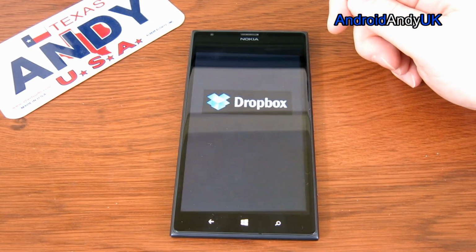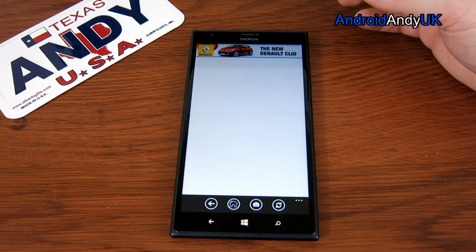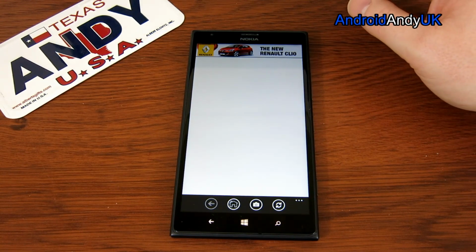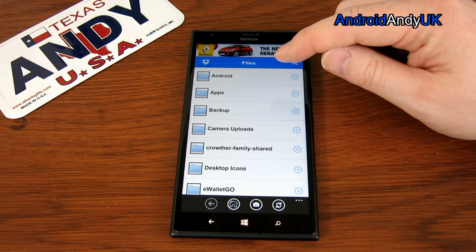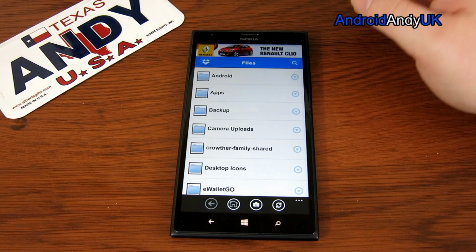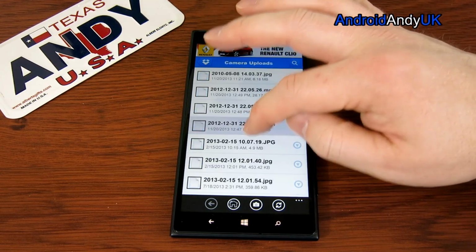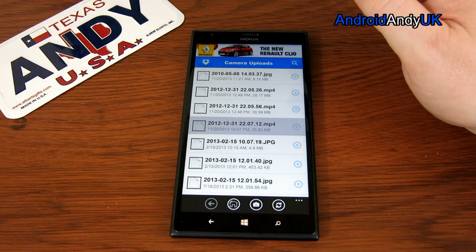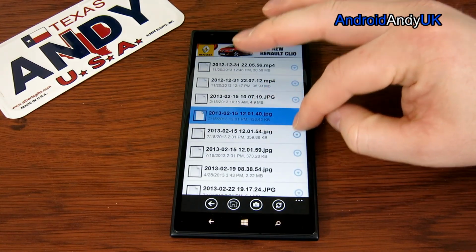Now, you get things like Dropbox though. I was really surprised there's not an official Dropbox app. Or if this is official, it's really bad. And I've tried a couple of different ones. And from what I can tell, I cannot download from Dropbox to the phone itself. So what did that do? Did that actually go in? What are we doing here? Oh dear, it's an MP4. It's going to take a long while to...